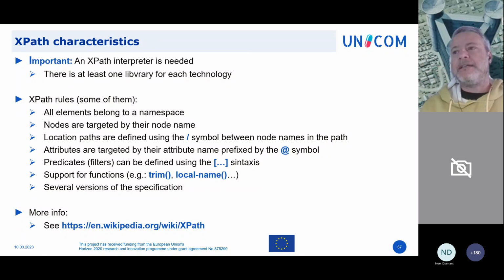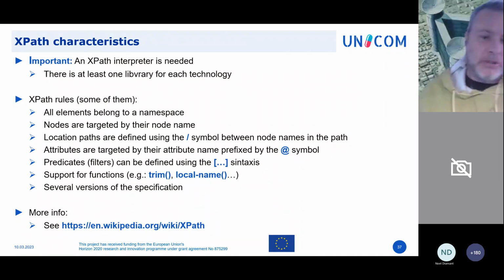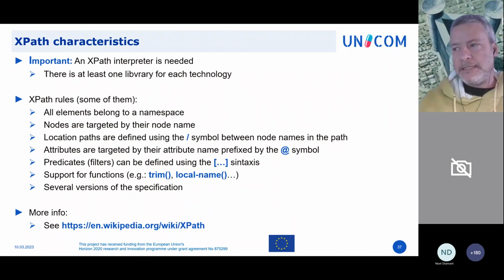And the good thing of XPath, maybe the most useful one, is the possibility to filter content of the document by using the square bracket syntax. XPath also provides some functions that can be used to manipulate text or to obtain metadata information of the document, like the two that are listed there, but there are plenty of them.